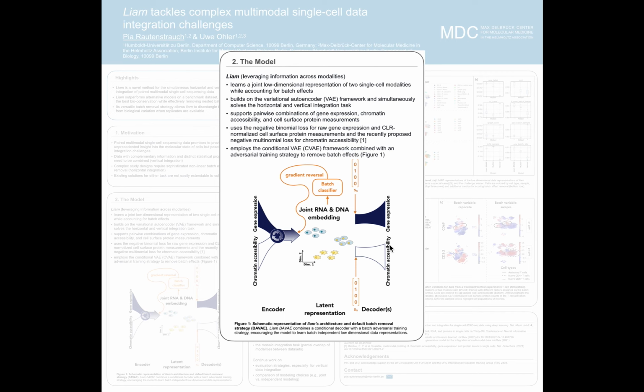So you can appreciate that we combine a conditional decoder, so we feed the batch information to the decoder, and this way we provide a bypass to the model such that there is no need to relearn any batch-related information. And on top of that, we introduce an additional neural network, a batch classifier, that during the training tries to predict the batch from the low-dimensional embedding. And we set up the objective of our model in such a way that the objective of the batch classifier and the objective of the overall model compete, and we make use of a gradient reversal layer to give improvements of the batch classifier back as a negative feedback to the encoder during the training.